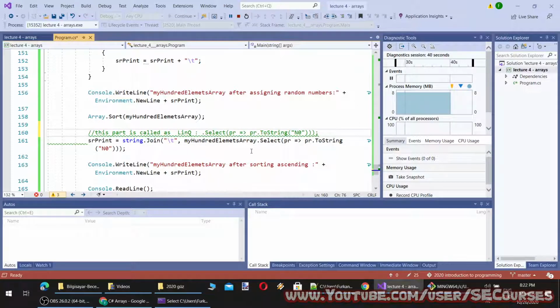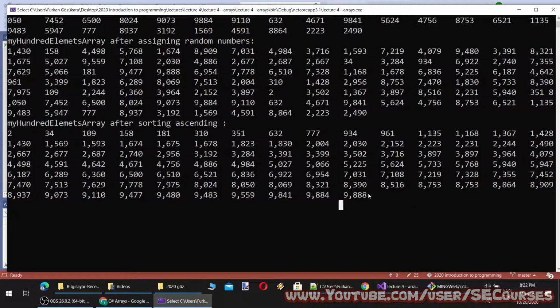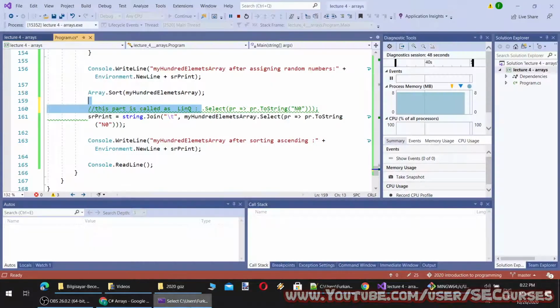Okay, this is called a LINQ query, this part. And you see it is sorted and formatted. It looks very well.